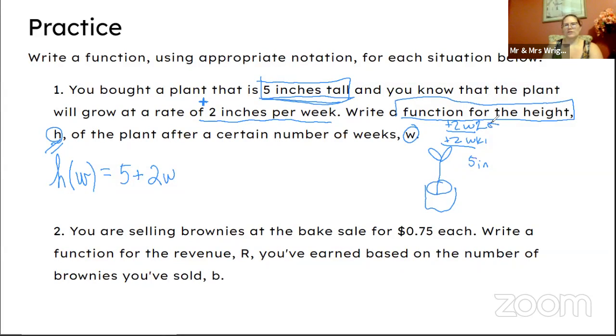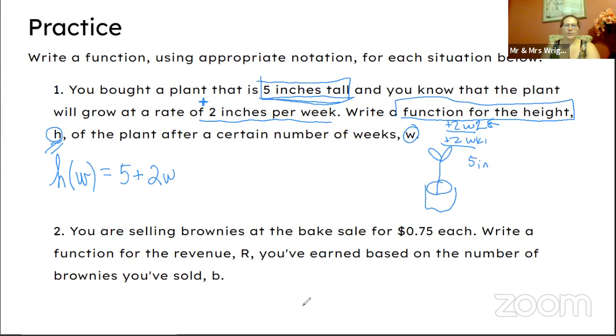Let's see week 2. Okay, if I plug that in, 2 times 2 is 4 plus 5 is 9 inches. Let's see if that works out with my drawing here. 5, 6, 7, 8, 9. Okay, I think we've got the correct function here. H of w is 5 plus 2w. And we verified it by having our own little example right there. All right,